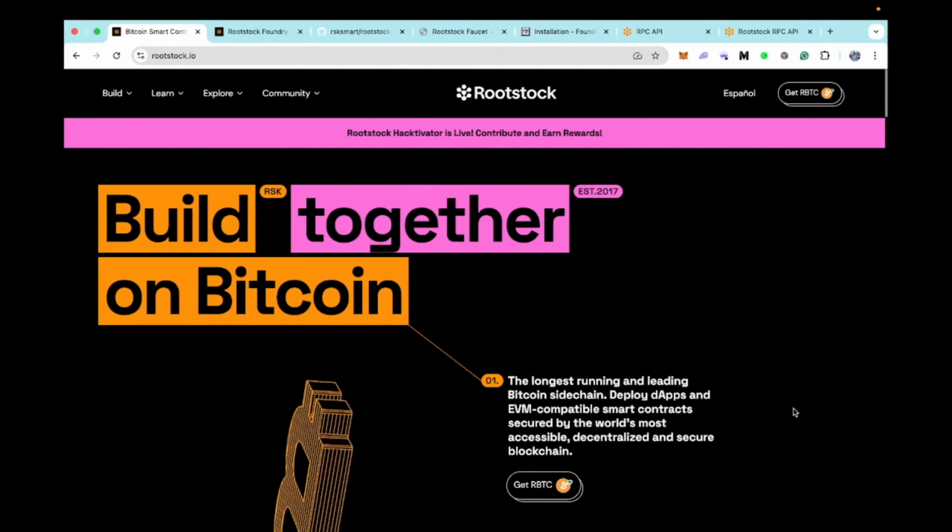Hello everyone, in this video we will build an ERC20 smart contract token using the OpenZeppelin library from scratch. We will test it and deploy it on the Rootstock test network. Rootstock is a Bitcoin sidechain and it is EVM compatible,